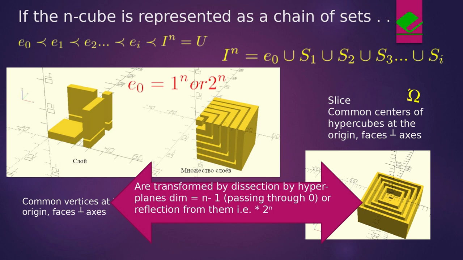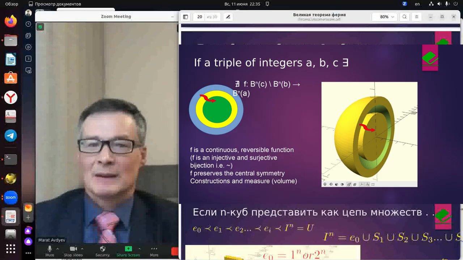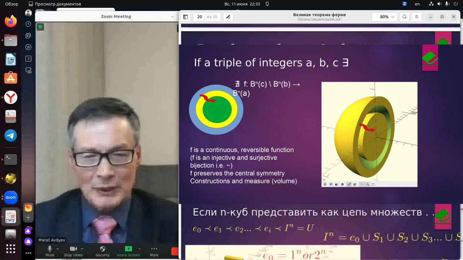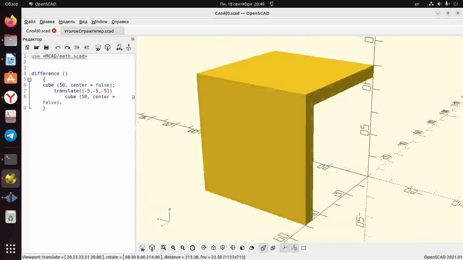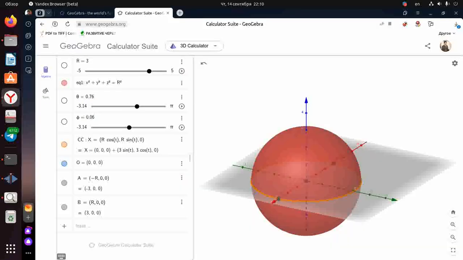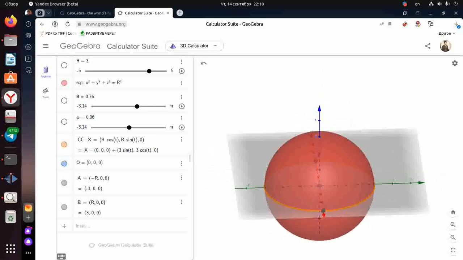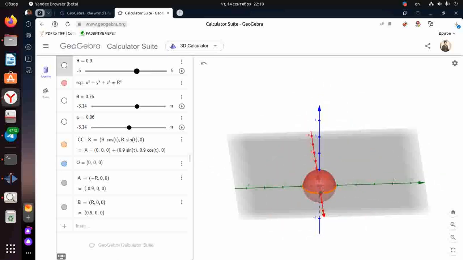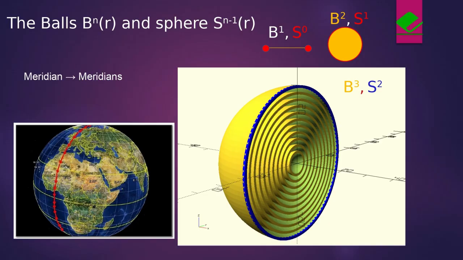The structure of the layers is determined only by the dimensionality of space and does not depend on the geometric size of the layer. For simplicity, let us consider a sphere encompassing a 3-dimensional ball or a layer encompassing an ordinary 3D cube. Here there are elements of dimension 2, hemispheres and faces, and elements of dimension 1, meridians and edges. The condition of equivalence or equality of volumes of the mapped layers means that each arbitrary layer from a large sphere can be mapped into a natural number of layers of a set of continuously following small spheres.